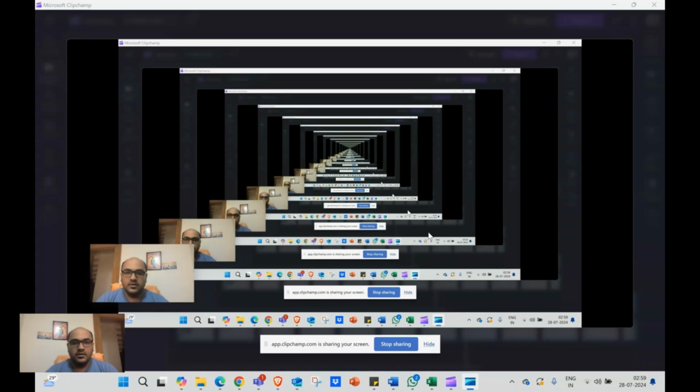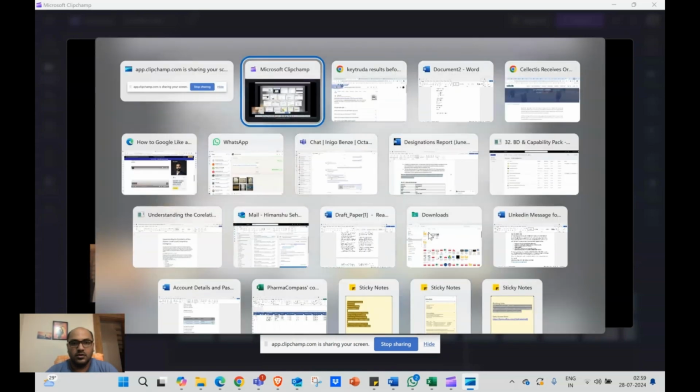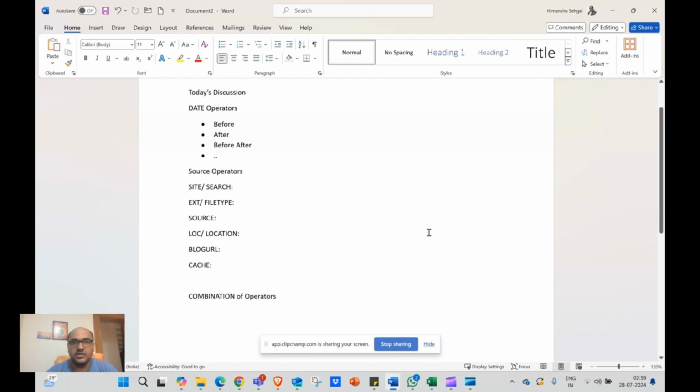So hi everyone. Today we are going to go with the third installment of our effective Google searches, and for that I am going to discuss data operators, source operators, and then how we can combine the previously discussed operators to make it a more effective research. And also I'm going to discuss a few other key points which I've noted and I would like to share, and probably that's going to be the end of our